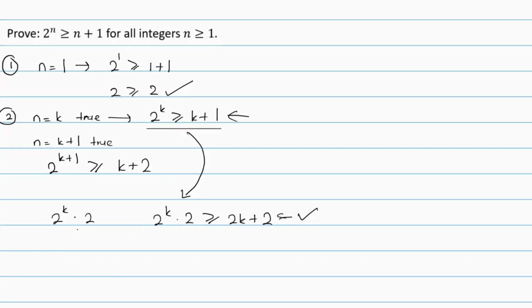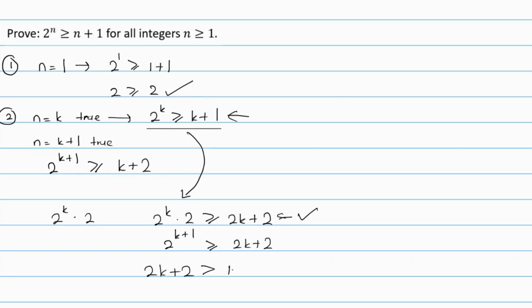So that means that 2 to the power k plus 1 is greater than or equal to 2k plus 2. And it is quite intuitive and a well-known fact that 2k plus 2 is greater